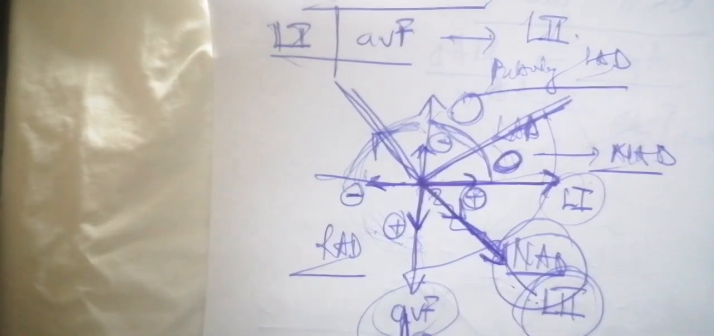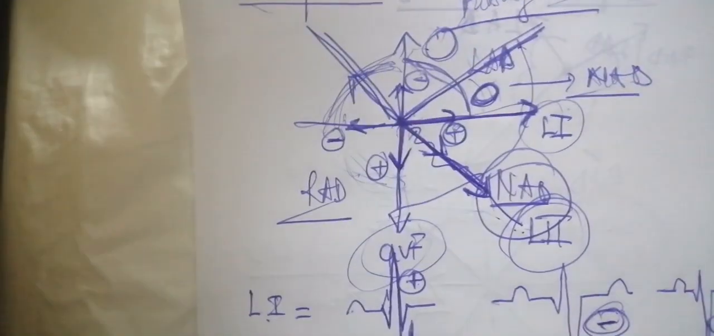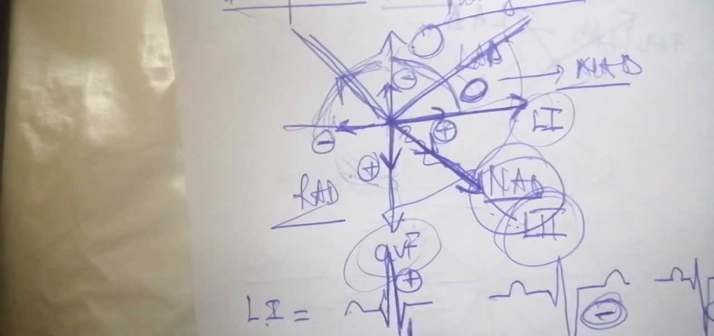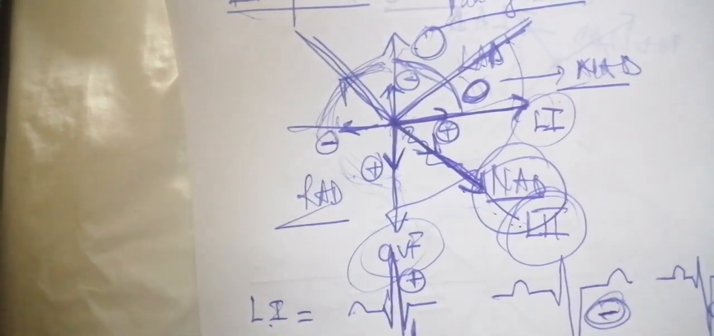Is it clear? So those are the different elements that you have to visualize for the axis deviation. Are you understanding? So afterwards, we are now going to see the next point, which is the